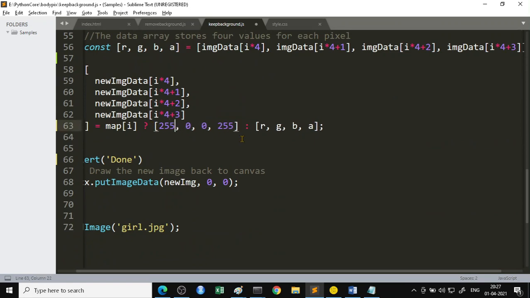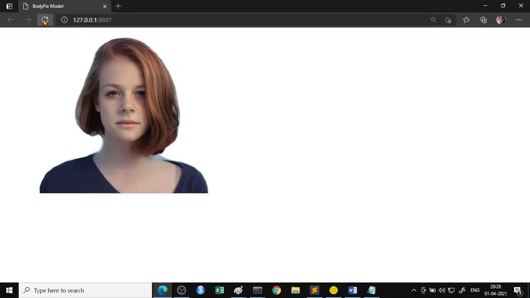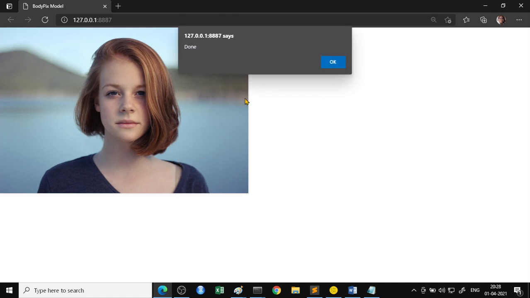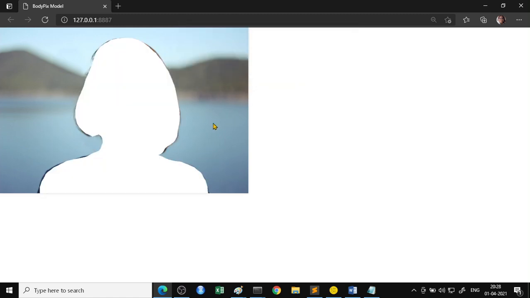So here, instead of replacing it with black, if I replace it with white, you would find... Instead of replacing it, you can also pick up a color from your image and then merge it with the existing background image. Okay, I hope this helps and you can create your own customized video feeds.